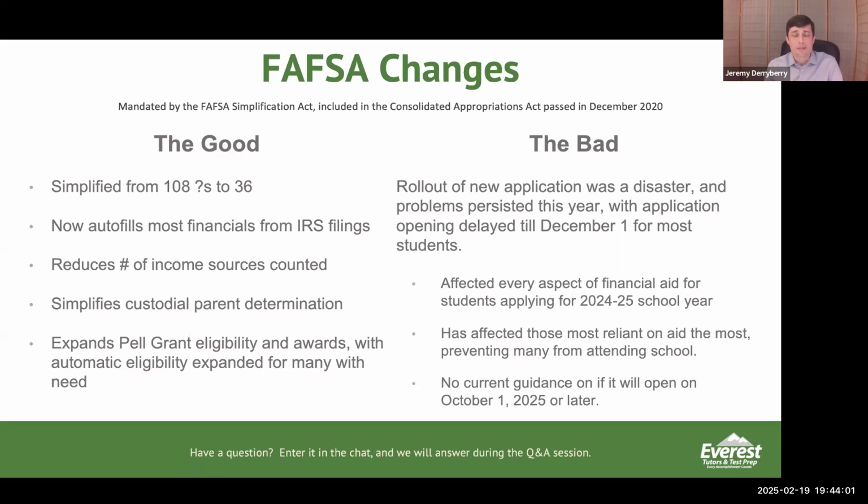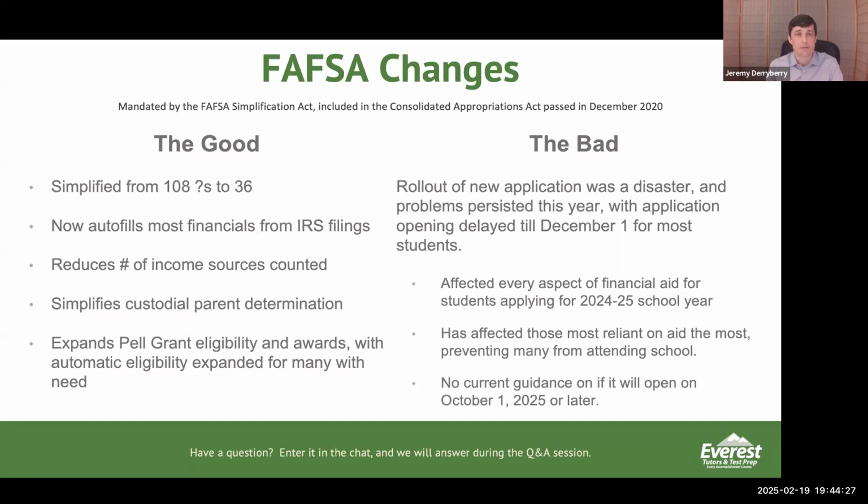As I said, the first year that they did it, it caused a tremendous amount of chaos for everyone. They were not getting results back to the school financial aid offices until March or later. That's typically when you would be making your decision about which school to attend. So it made it very difficult for a lot of students to be able to say if they could afford a school or not, having that information ahead of time.